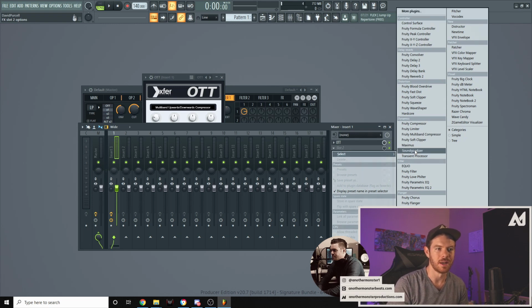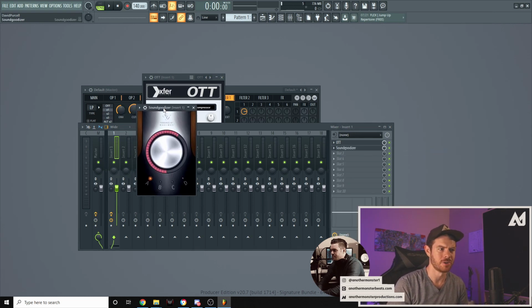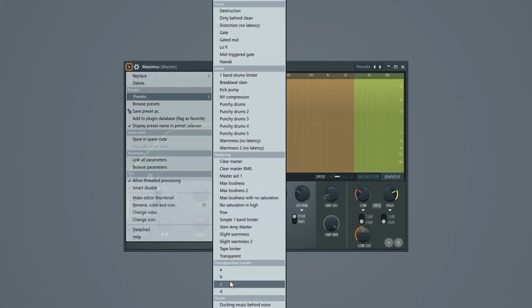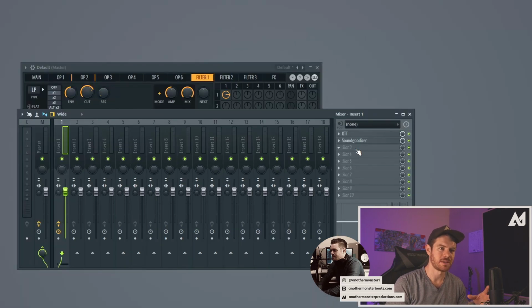Could even add a sound goodizer on here. I mean, sound goodizer is basically multi-band compression with probably a little bit of saturation. And you can actually check out the presets in Maximus. Maximus has the 4 different presets for sound goodizer in it, so you can see exactly what sound goodizer is actually doing. But the post-processing is where you're going to be able to tweak that sound, get it really how you want it to sound,